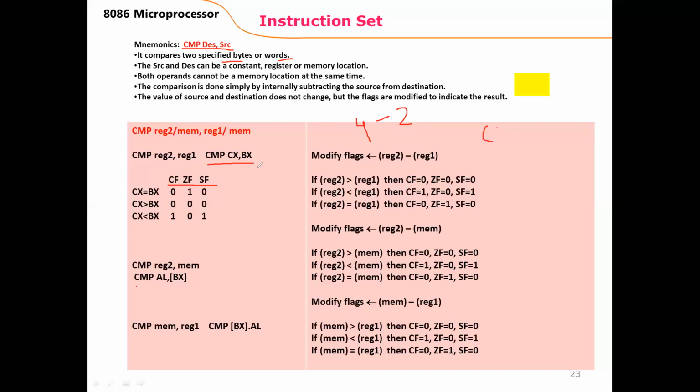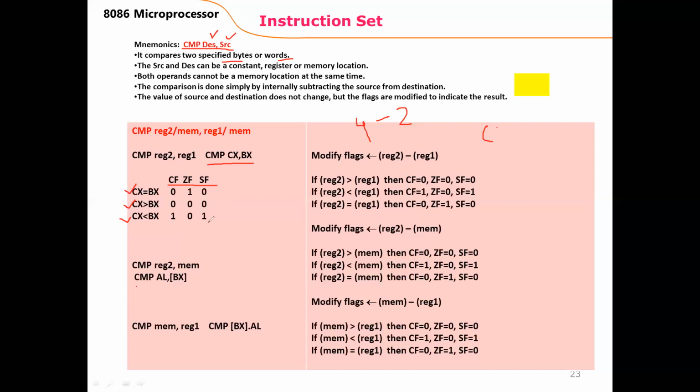It means the destination is greater than the source. Three outcomes are possible: CX can be equal to BX, CX can be greater than BX, or CX can be less. Only one condition should be there. So in this case, if we have assumed two numbers, 4 minus 2, where the destination is 4 and the source is 2, then after execution of the instruction, the destination will contain 4 only. The source will contain 2 only. There will be no change in the values of destination, unlike in the subtraction operation, but there will be a change